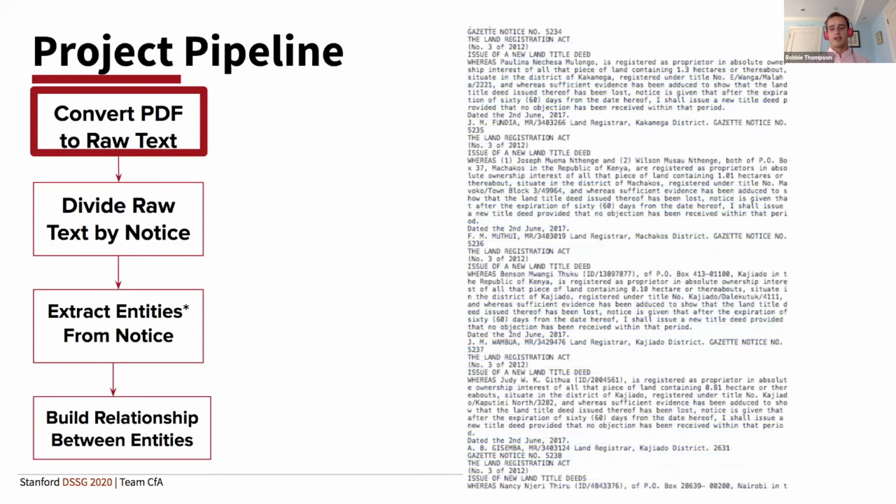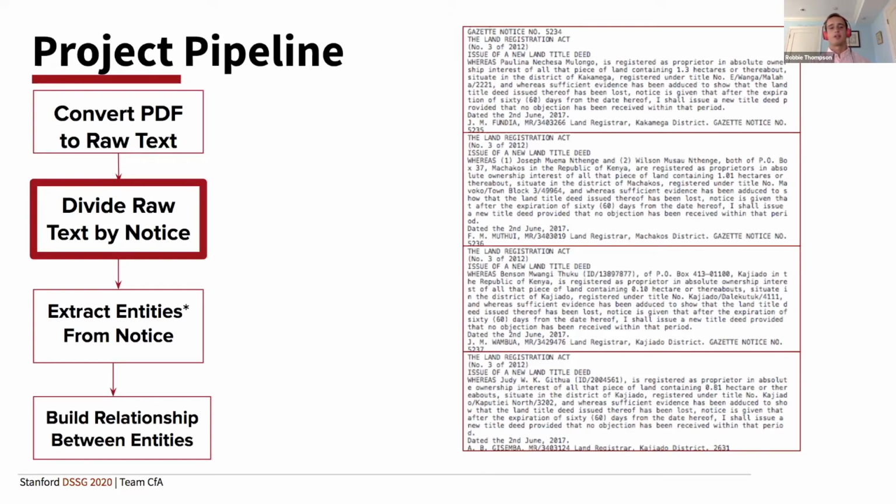So once we have this raw text, as I mentioned earlier, each of these texts has self-standing segments that we want to evaluate on their own. So we use regular expressions to isolate each of these segments so we can look at them and analyze them on their own. And from there, I'll let T tell you a bit more about our entity extraction.